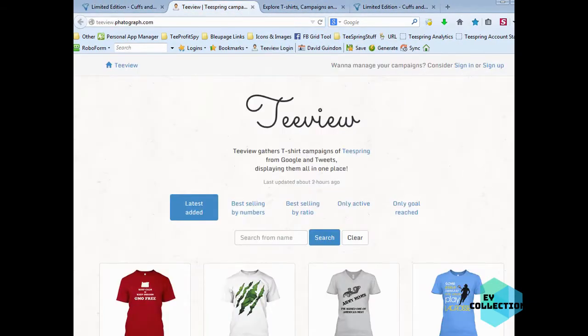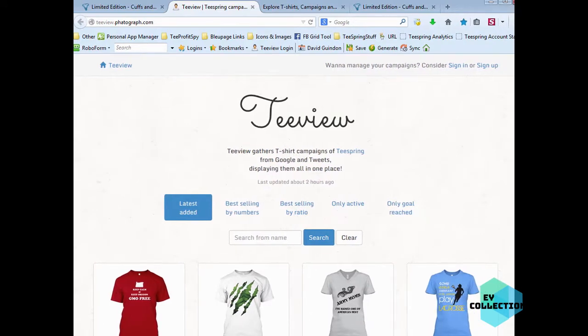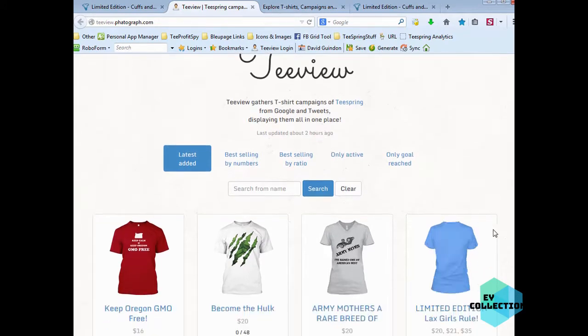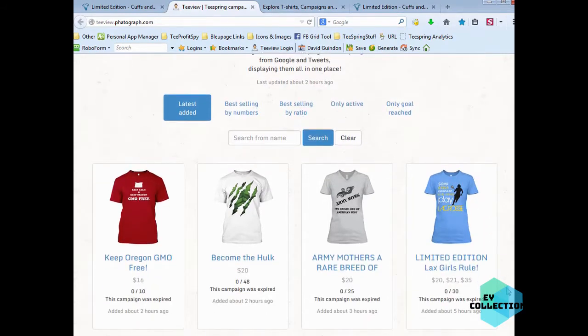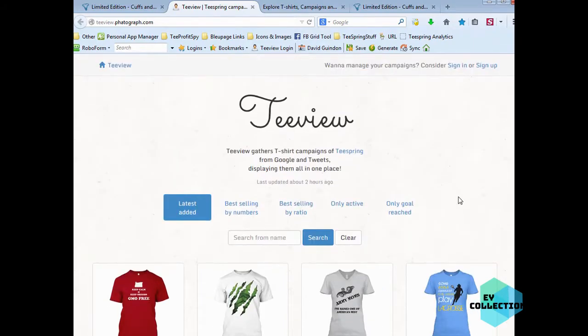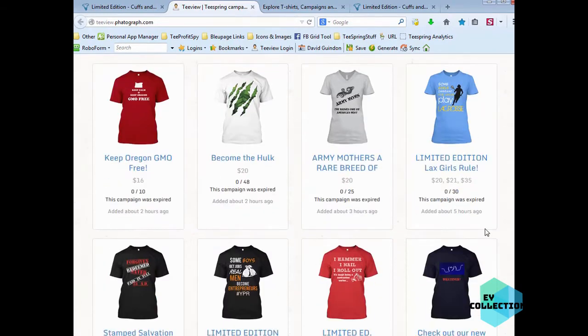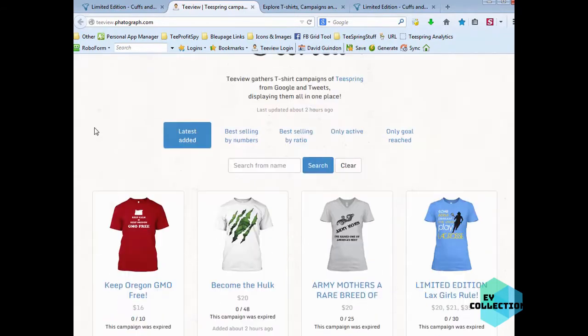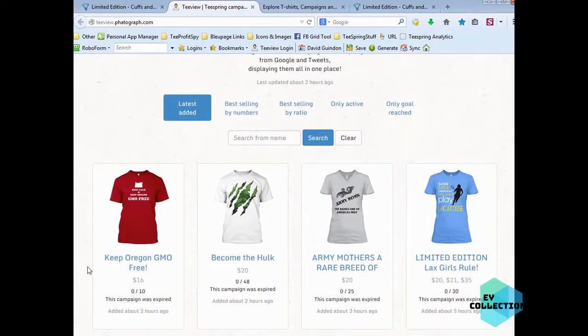And I do the same thing with TView. TView is another site very popular for research. Basically how this works is this site will go out to the internet and collect the latest t-shirts being advertised in Google and also in Twitter, and it updates the data every, I don't know, few hours a day or something like that. I'm not sure how often it's updated, but you can come here and right away it's sorted by the latest added. What I like doing is coming in here and seeing the latest t-shirts that have been added,